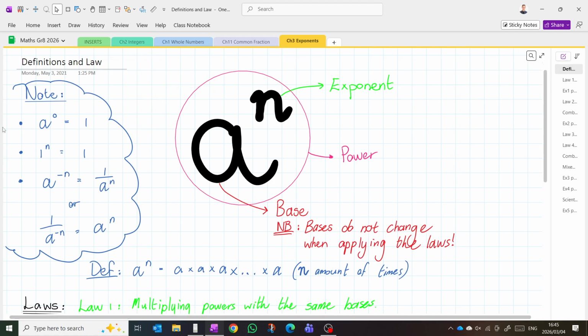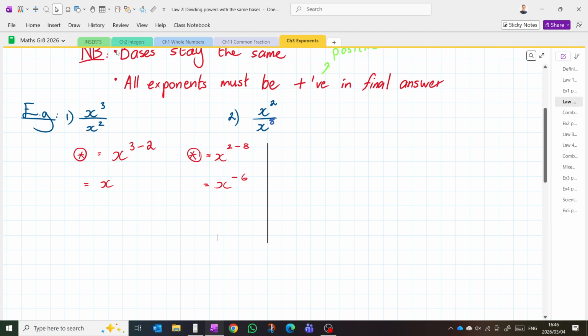So how do we get this to become positive? Well, that brings us back to the definitions and to this little section. I've got a negative exponent. I can move it, create a fraction, and move that base and its exponent to the denominator, turn it positive, and have a numerator of 1. So let's see how I would do that here. There will be a numerator of 1. The x will go to the denominator, and the power will turn positive. And that would be my final answer. But, like I said, this often confuses a lot of people. So let's look at an easier way to look at this.